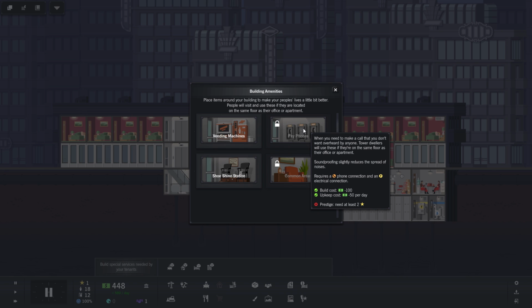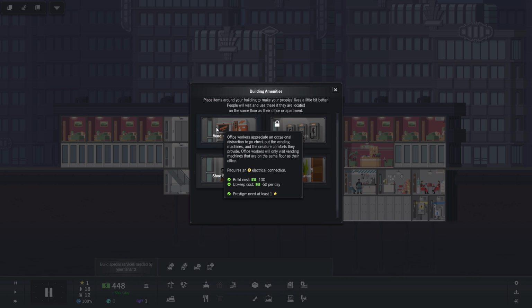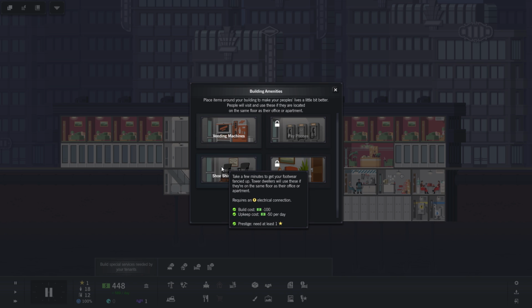Oh, okay. That seems a little bit dodgy, if you ask me. Vending machines: office workers appreciate the occasional distraction to go check out the vending machines and the creature comforts they provide. Office workers will only visit vending machines that are on the same floor as them. Shoe shine stations: take a few minutes to get your footwear fancied up. Tower dwellers will use these if they're on the same floor as their office or apartment. So I guess none of them really help out,